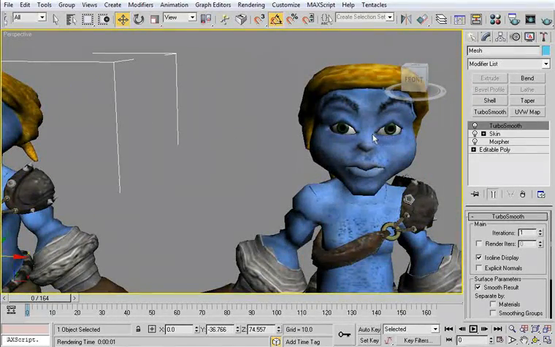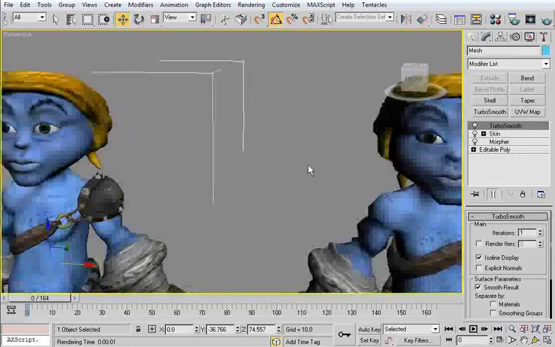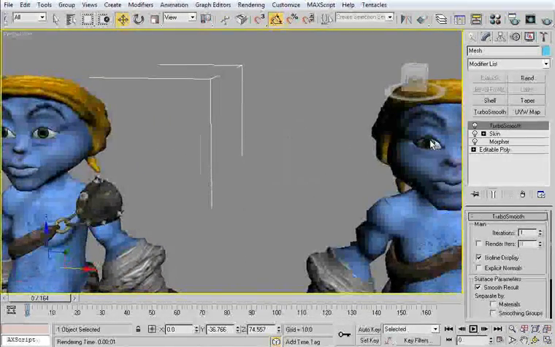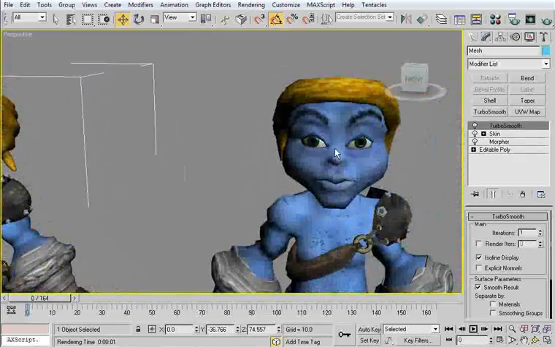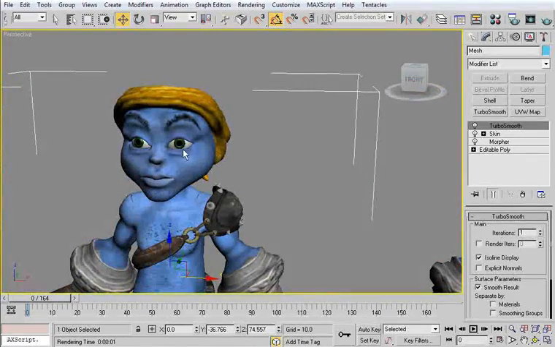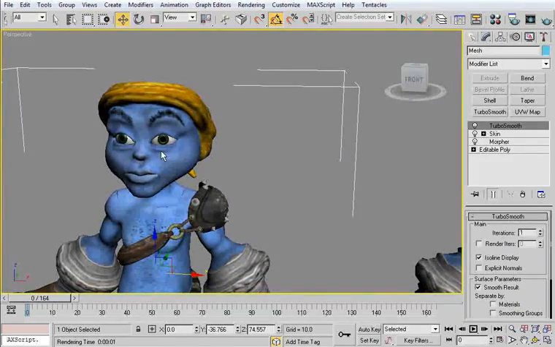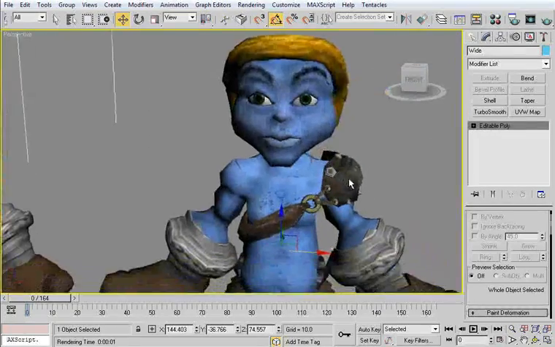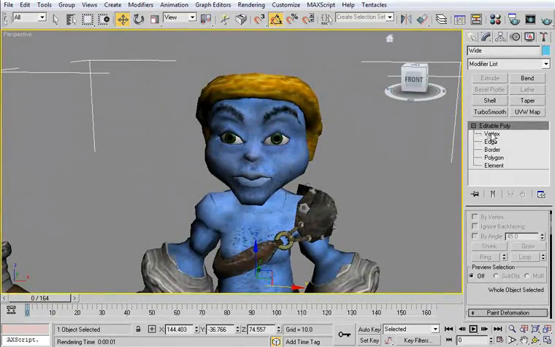Just like with the blink, we pulled them down farther than we needed to, or farther than it looked like we needed to here on the low res, but it looked better over here, and this is the result that you're ultimately going for, is what it looks like turbo smoothed. So set onto the wide, and